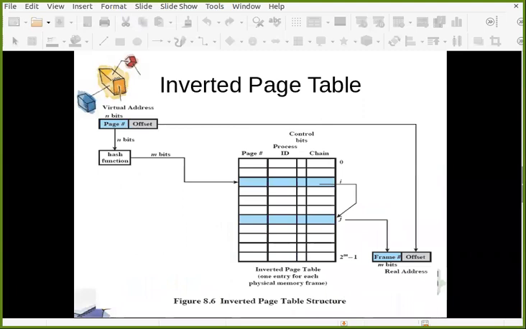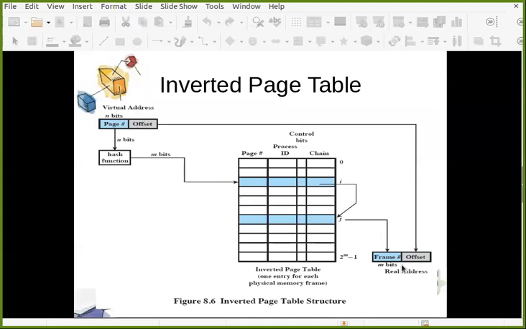If we forget about this, whatever kind of page table you have, whether it is an inverted page table or a normal page table, to convert your virtual address into physical address, you need to go through some page table, right? And that page table is normally in the main memory, whether it is an inverted page table or a normal page table. Ultimately it is in the main memory, right? So you need to refer to that main memory for converting your virtual address into physical address.